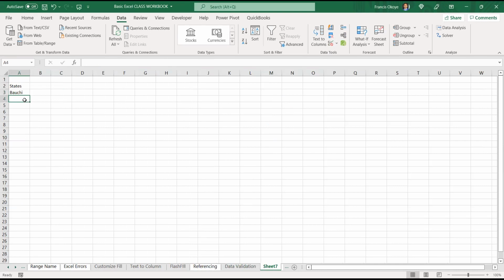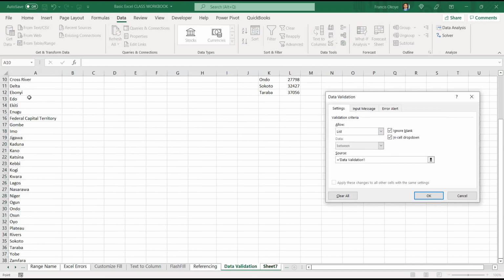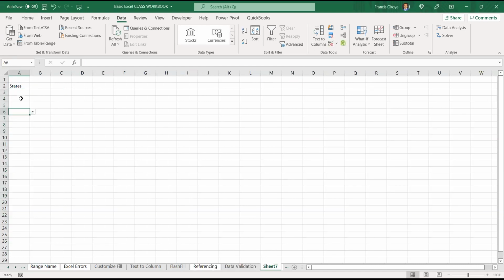Can you see that? I just highlighted up to this point. Then I come here to data validation, list. The same way you can also select for dates, periods, months. So I can select as I want.